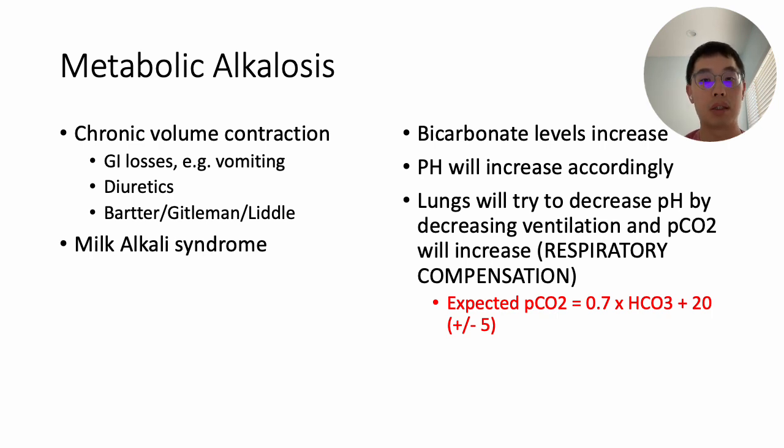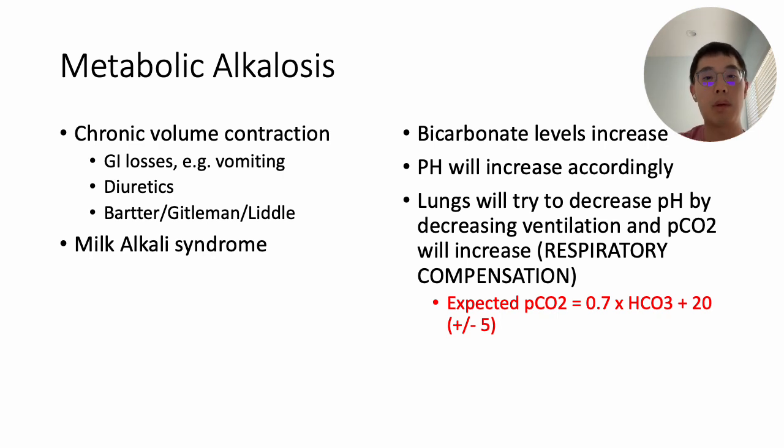Subsequently, as you know with the Henderson-Hasselbalch equation, the pH level will rise accordingly, and the lungs will try to decrease that pH back to normal by decreasing ventilation, and our PCO2 generally will increase, and this is called respiratory compensation. Our expected PCO2 will be this equation here, 0.7 times the bicarbonate plus 20 plus or minus 5. So this is a little bit similar to the Winter's formula in calculating the respiratory compensation for metabolic acidosis, but